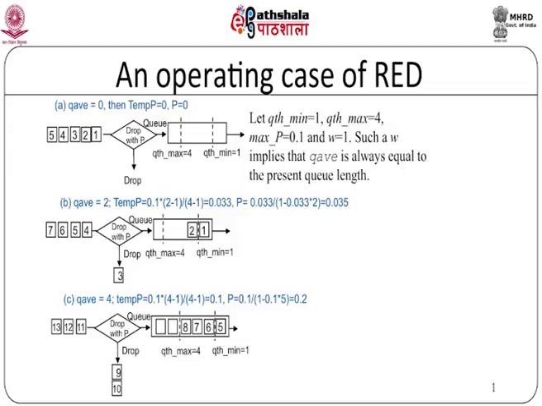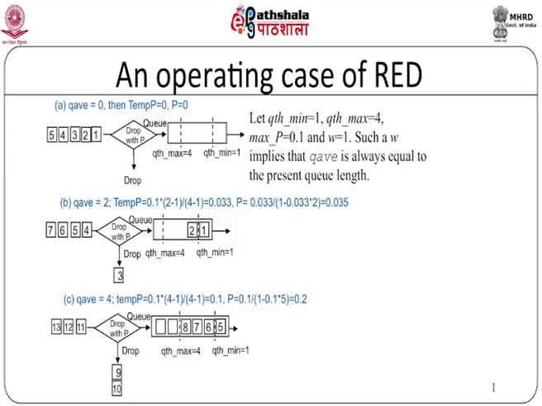So the average queue size is 4. When the queue size is 4, we know the maximum threshold is 4. Now 2 more packets are coming in. Look at what happens in this case. My average value is 4 and the maximum threshold value is also 4. So 4 minus 1 by 4 minus 1 becomes 1. So temp P is equal to 0.1 into (4 minus 1) by (4 minus 1), which is 0.1,